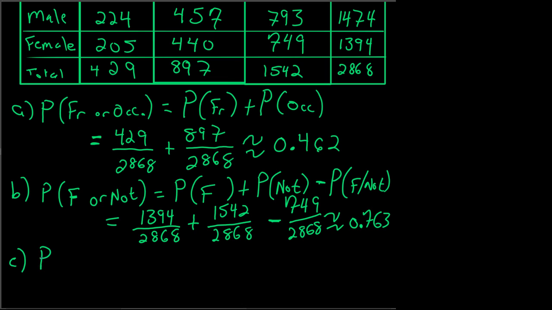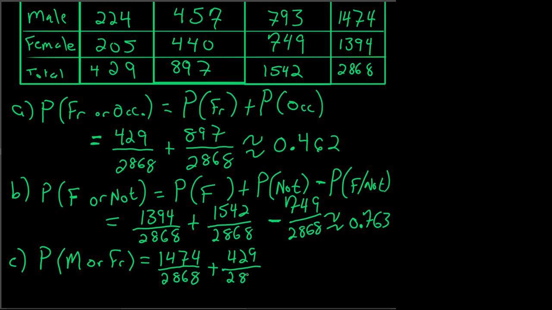All right, and so for C, we find the probability that the person is male or frequently involved in charity work. So M or frequently. The number of males are 1,474 out of 2,868, because we follow the male across, and that's the number of male respondents. Plus frequently is 429